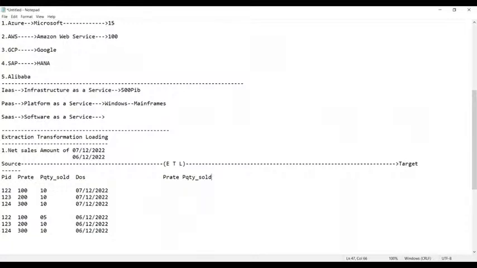In fact, we require DOS, date of sale. Without date of sale, how can you find out? So now, guys, these are the three columns, out of all the available data.